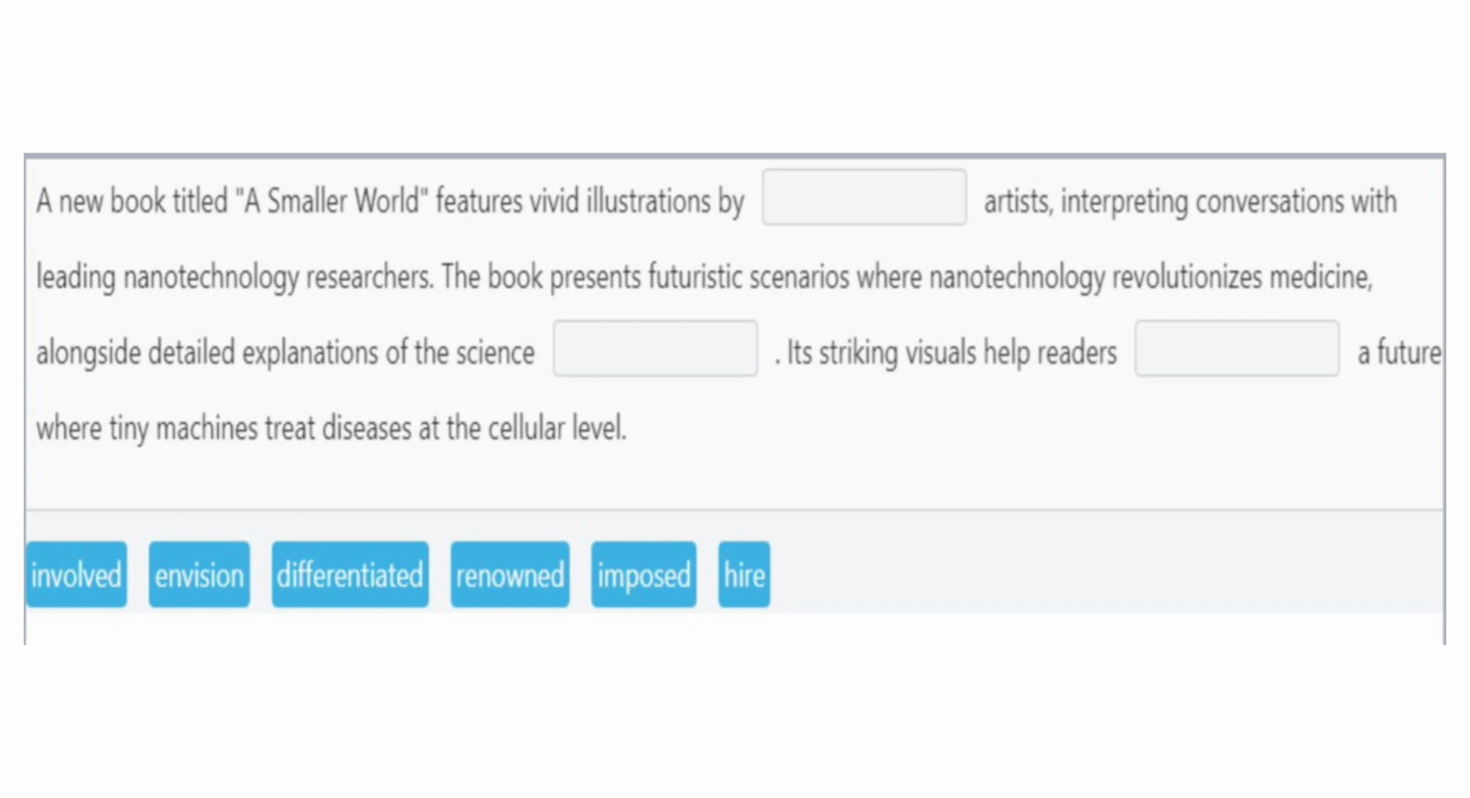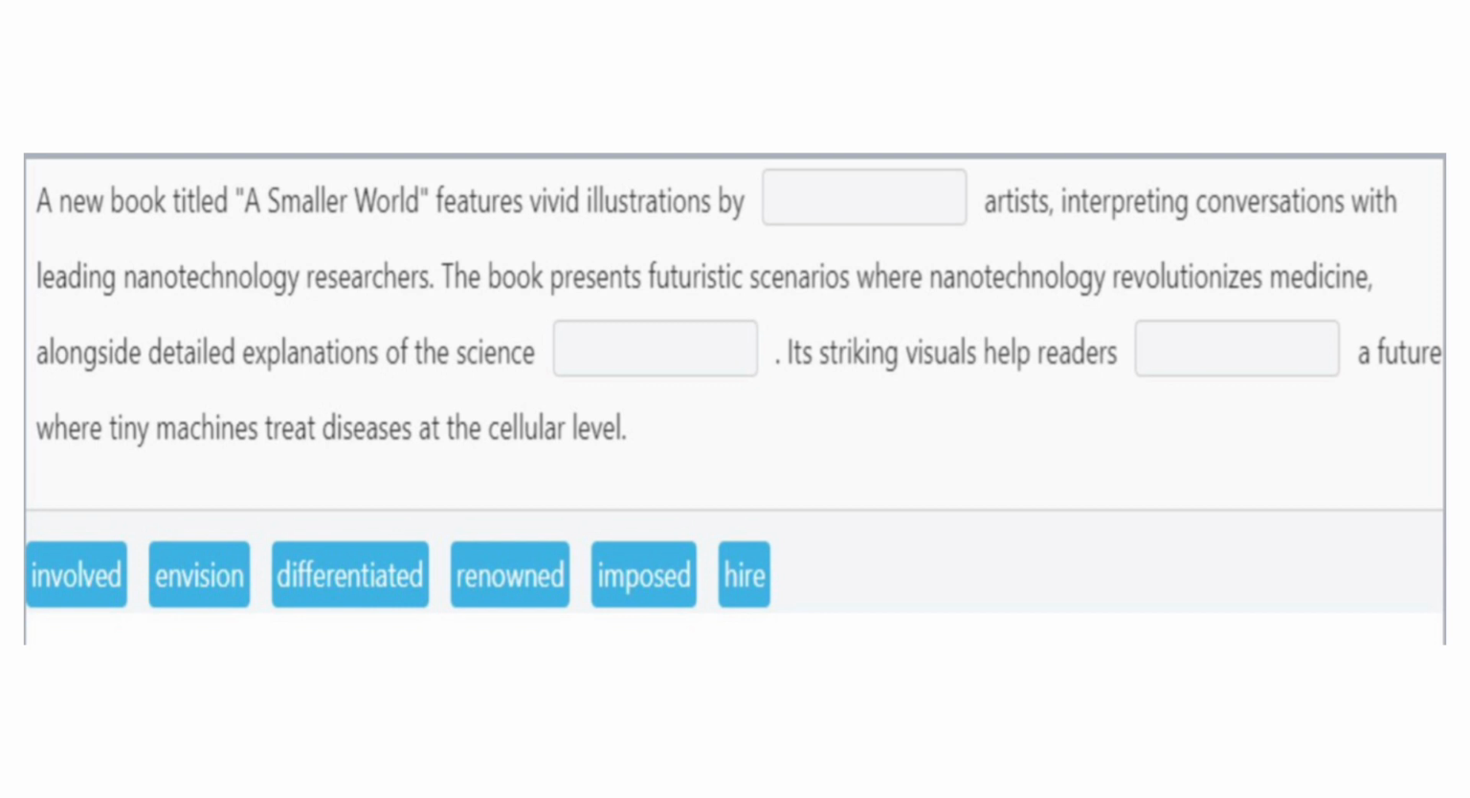Next, fill in the blanks. A new book titled A Smaller World features vivid illustrations by dash artists. Wow, we already know that "by" has to be followed by the -ed form. So we have four options: imposed, renowned, differentiated and involved. So by dash artist, would it be involved artist? No. Imposed artist? No. Renowned artist, well-known artist. So renowned artists. The book presents futuristic scenarios where nanotechnology revolutionizes medicine alongside detailed explanations of the science dash of